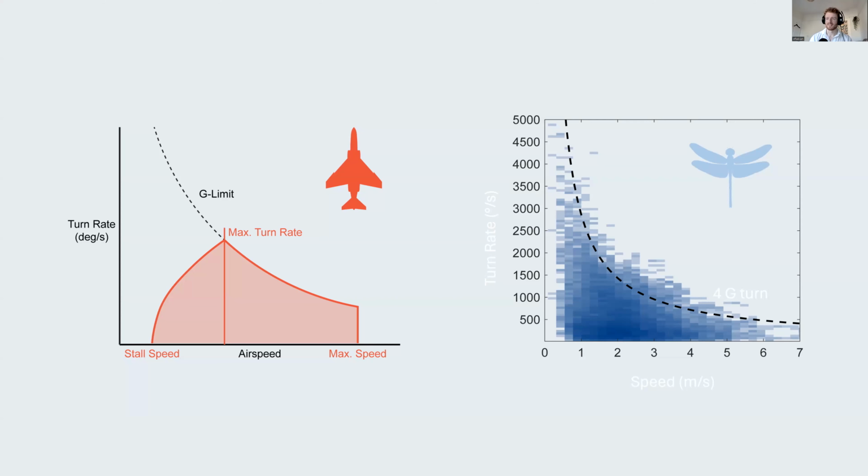But what is interesting, and if I show this to a bunch of engineers, they get very excited by this, is that you don't get this drop off towards a stall speed. Of course you don't. Dragonflies aren't fixed wing aircraft. They can switch to being a helicopter when they need to, and indeed can hover to bring them down onto a perch or just to hover in space. And so as you move towards that lower speed, their turn rate just goes up and up and up.